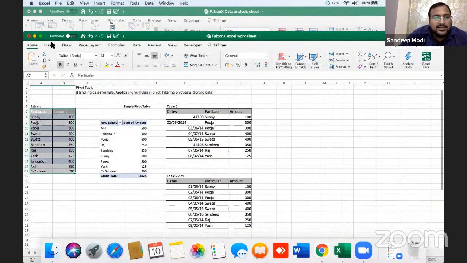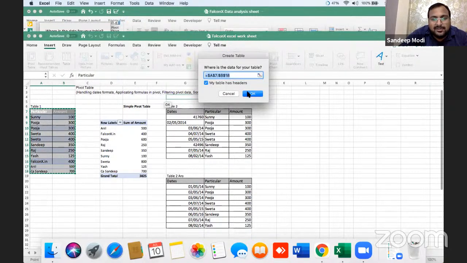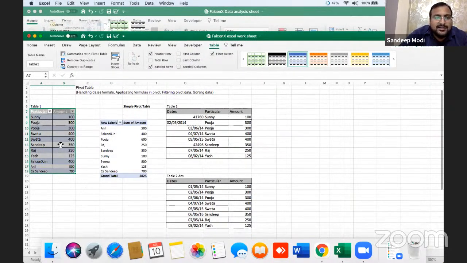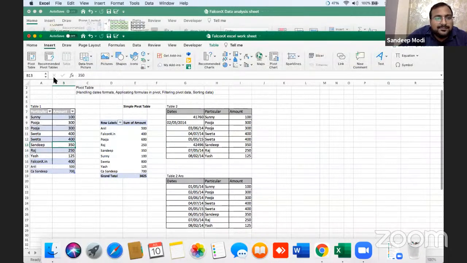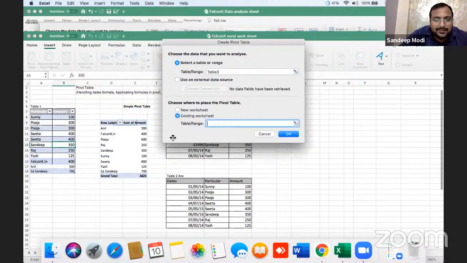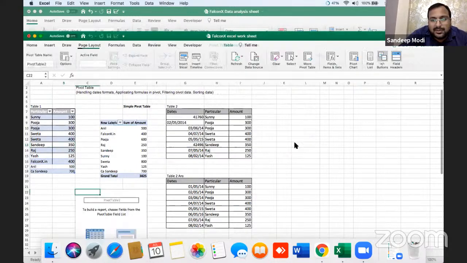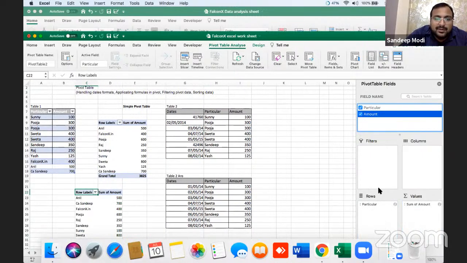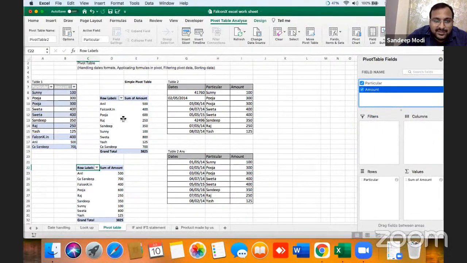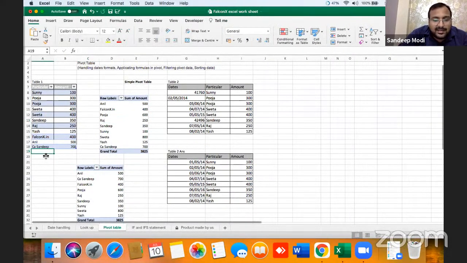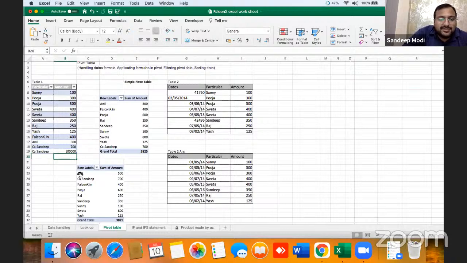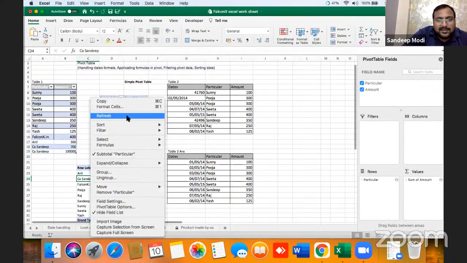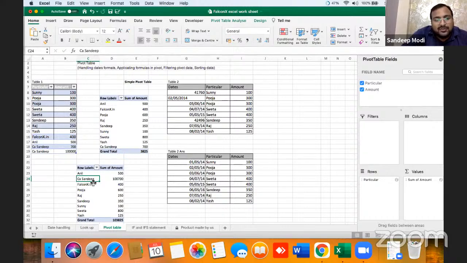Select the data, go under the head insert, put the data in table. Now my data is in table. Now let me put the pivot table. Insert हो गया. Now if I put a pivot table, and here we go. This is in the same format, but there is a difference. If I add one more Sandeep here and just refresh this data, it will automatically take this additional value. So this will save your time in changing the source data again and again.